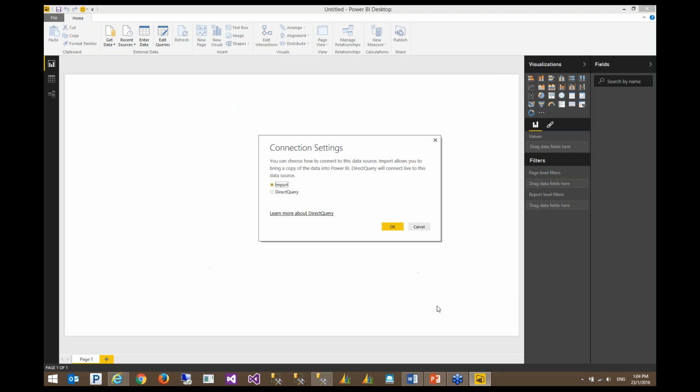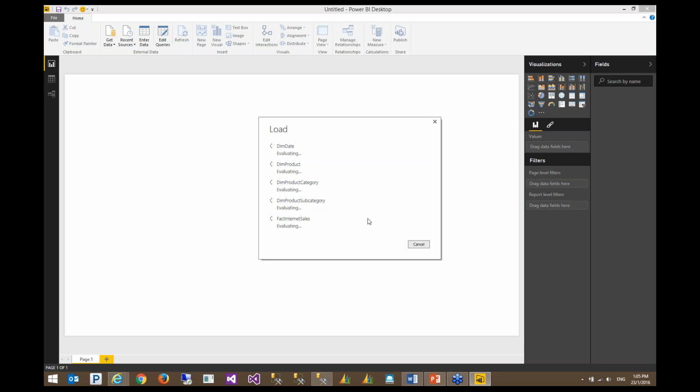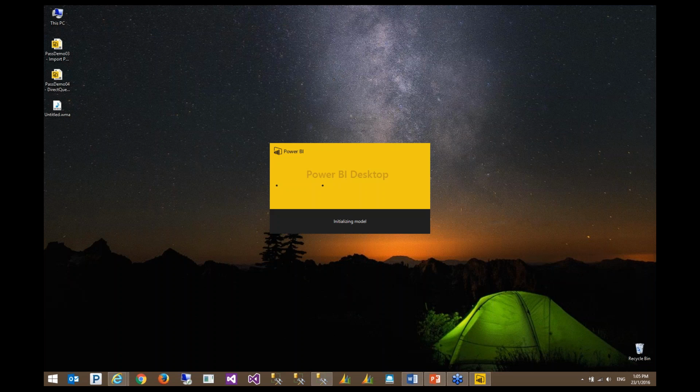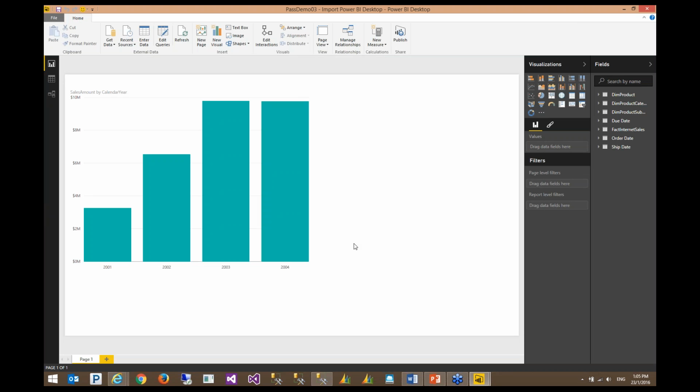And as soon as I click on Load, I will have two options: to import data into the Power BI Desktop model or to create a DirectQuery. For this demo, I'm going to import data. This will be a time-consuming process. Again, I created a copy of the same thing, so I'm going to open it, because as you know, it is importing data from the internet, and my internet connection is not that good. Sometimes it takes more than 5 minutes to open and load the model.